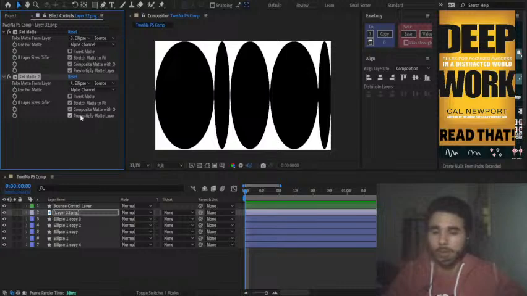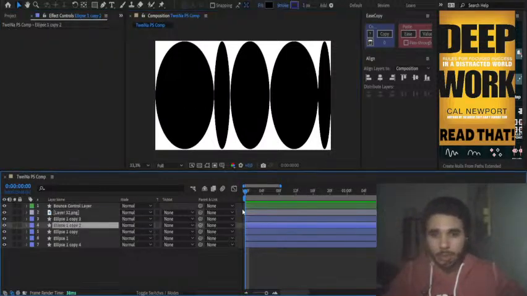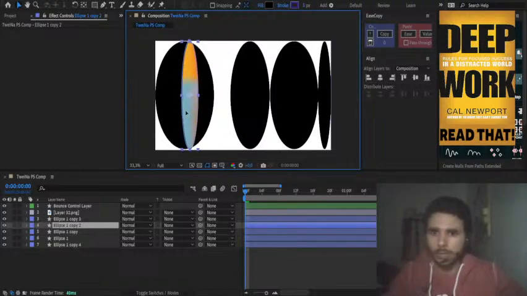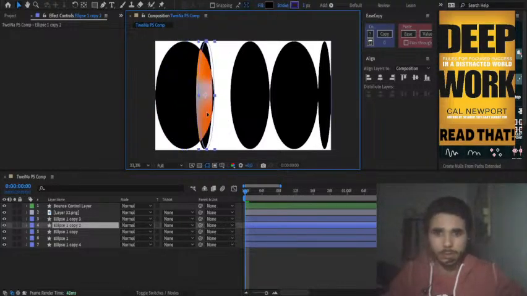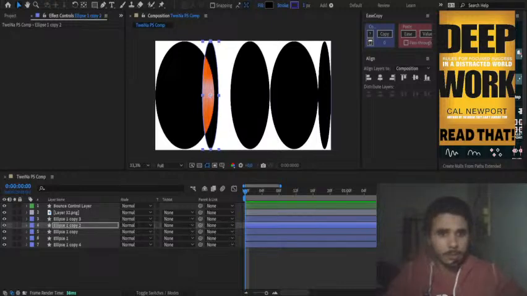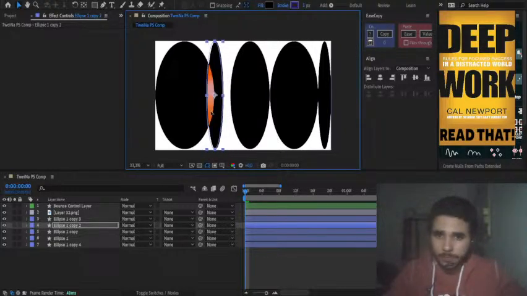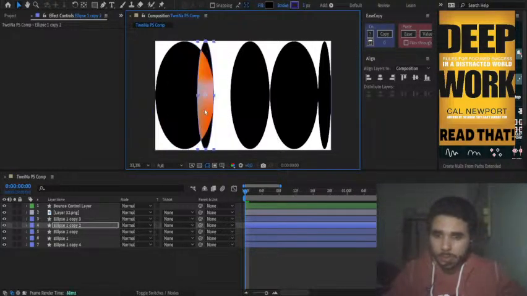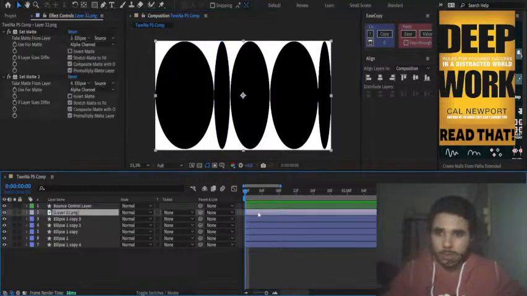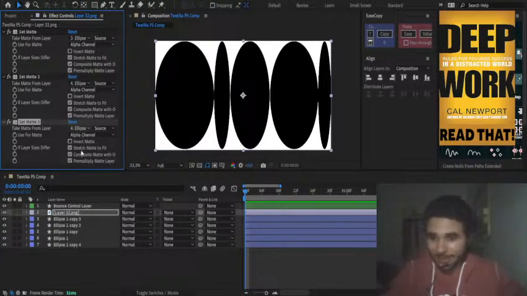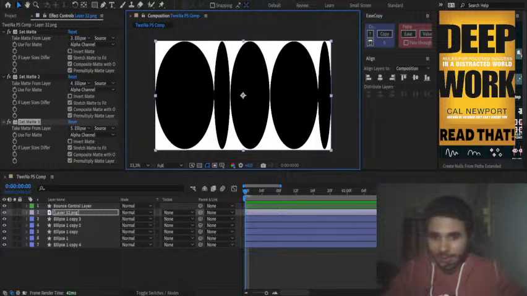Oh, interesting. It takes on the intersection between the shapes. Oh my god, I think I just figured something out. You seen that? I think I figured out a use for track mattes. Isn't this insane? Okay. So we can't do that. What if it's three? Is it the intersection between the three layers? That's crazy.